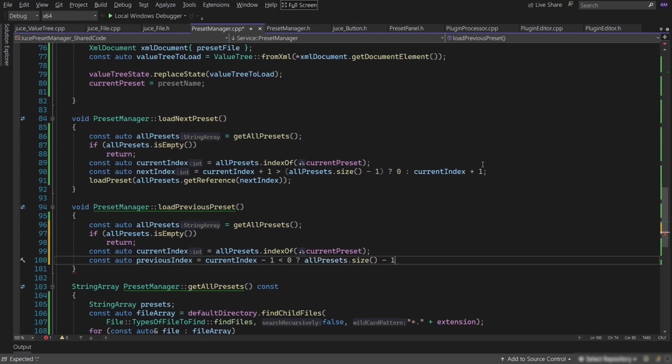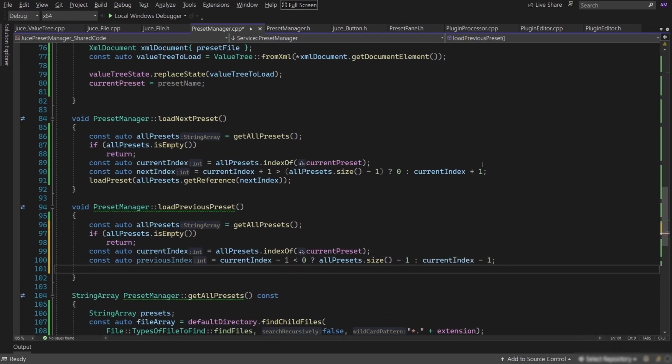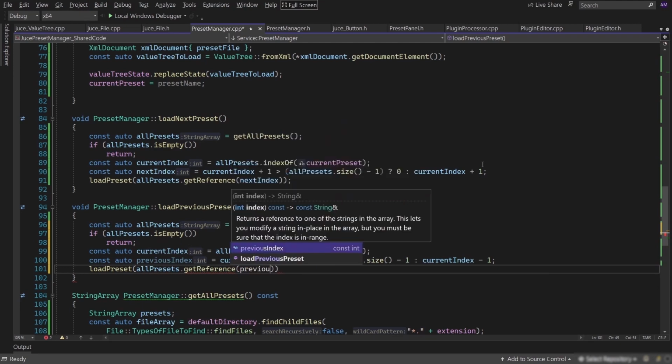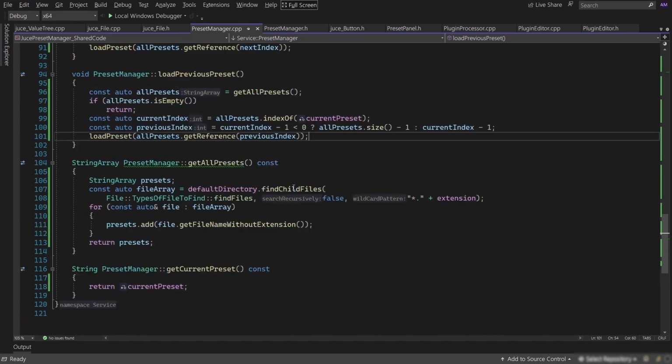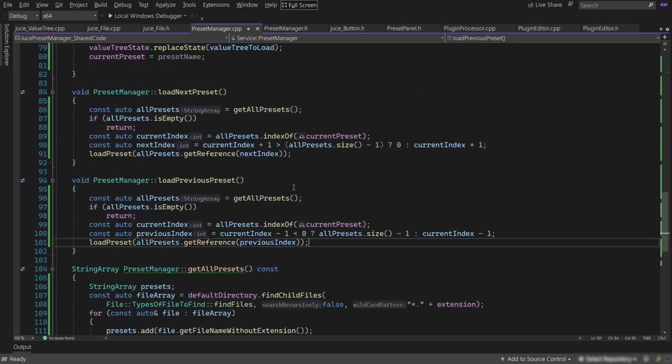Otherwise, if it's in any other arbitrary position, then we'll just decrement the current index by 1. Now that we've got the previous index, we'll just load the preset name that's at that index position. And that's really it. I think we've implemented all of the methods that are required for the backend preset management